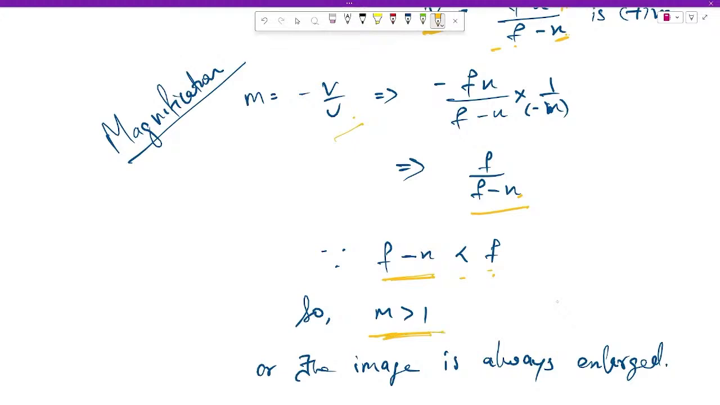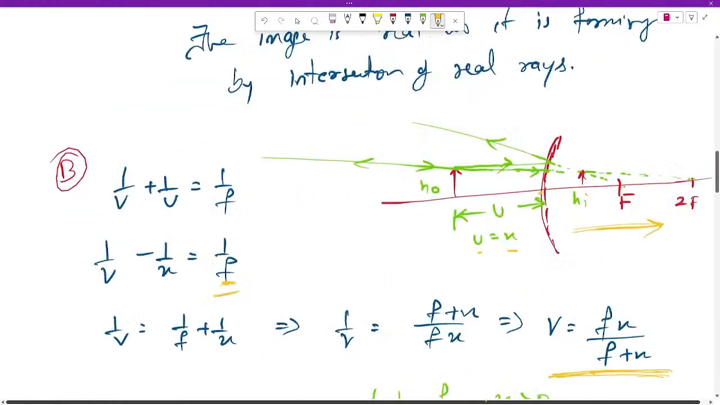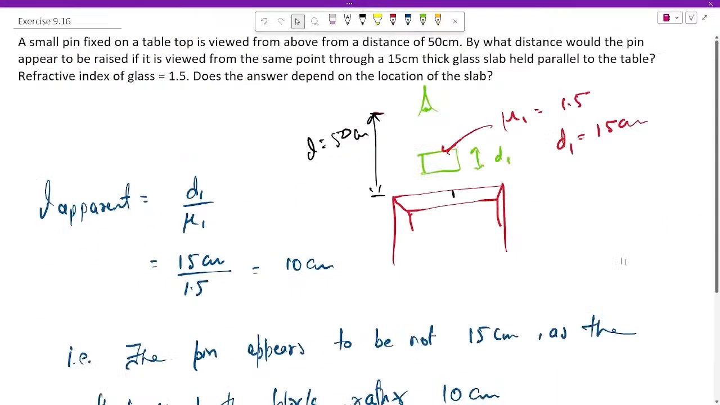So m will always be greater than 1, or the image will always be enlarged. That's how we have proved all those four statements that were given using the mirror formula. Thank you. The question is saying that a small pin fixed on a tabletop is viewed from above from a